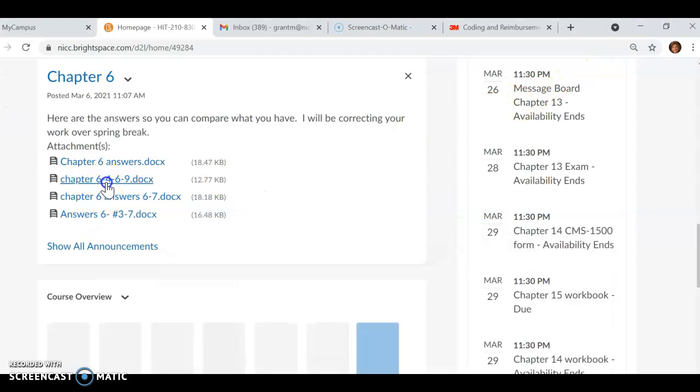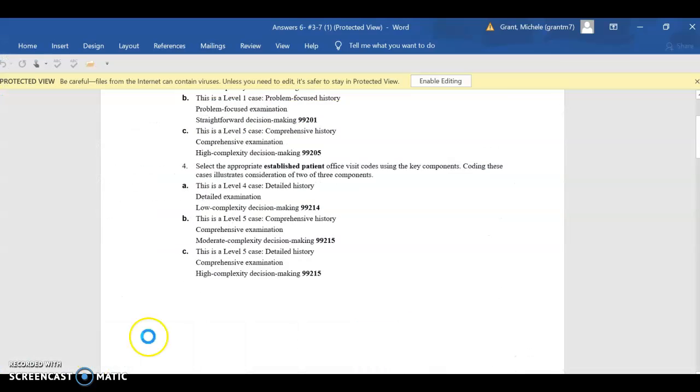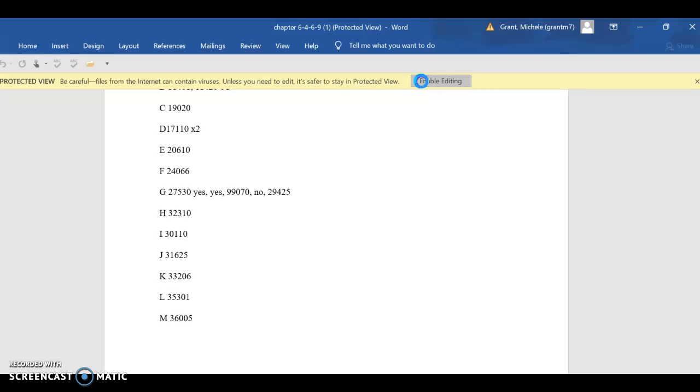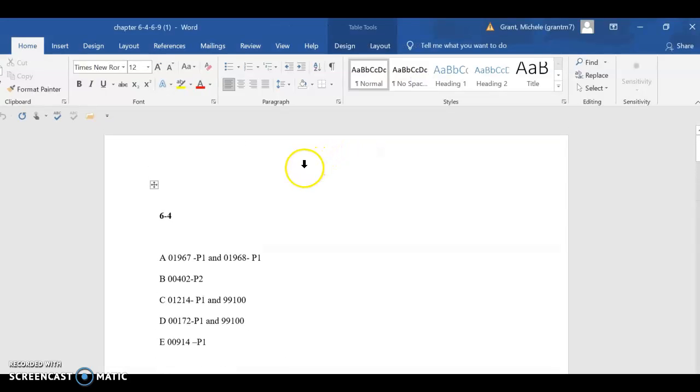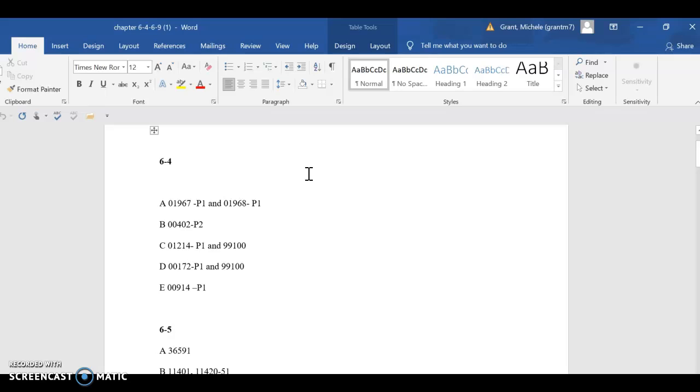So these are going to be the surgery ones. All right, so we are looking at 6.4, which actually is going to be 12 or 13.4. And this gets to more of your different surgery. So I have down A, and that is integumentary system. We're going to skip that one because these are all 13.4,